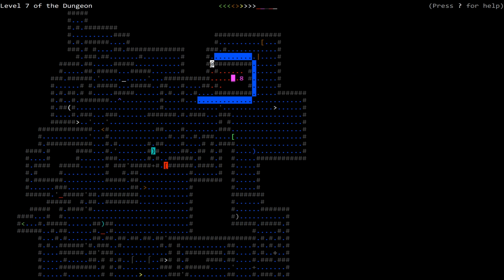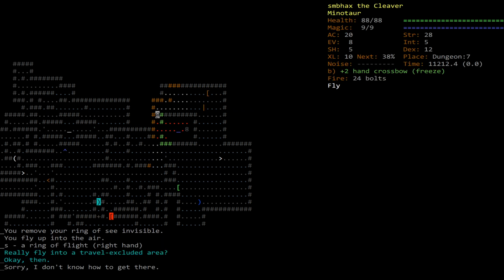It's just a place that you're not allowed to move through. Yeah, navigation doesn't know how to get there. Well,